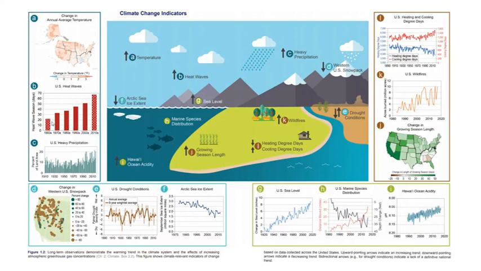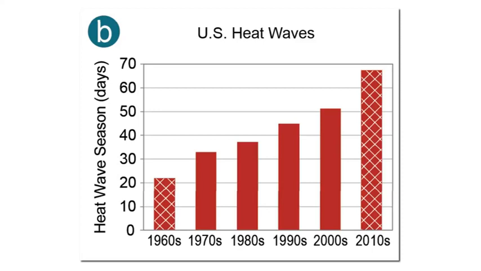So we have one graph which starts in 1960, another which starts in 1979, another which starts in 1920, and one more which starts in 1983. When you want to mislead people with statistics, picking your start date is very important. First, let's look at the heat wave graph which starts in 1960. They carefully picked a period during the global cooling scare to start their graph so that they could show heat